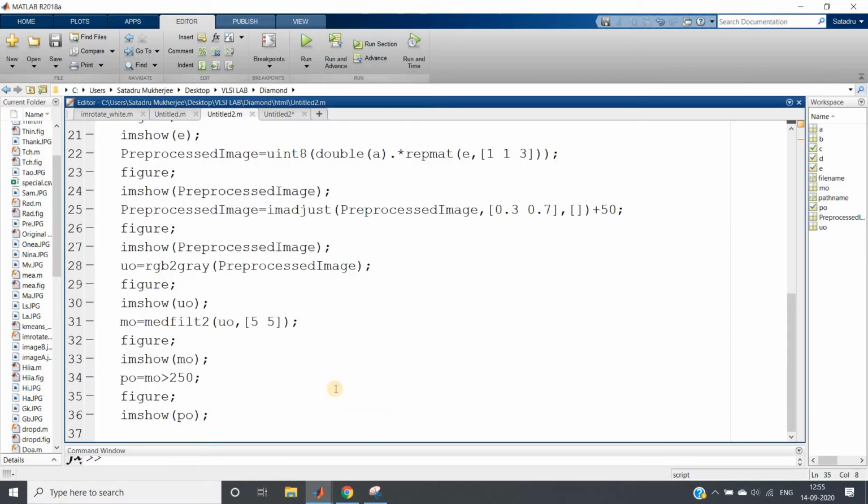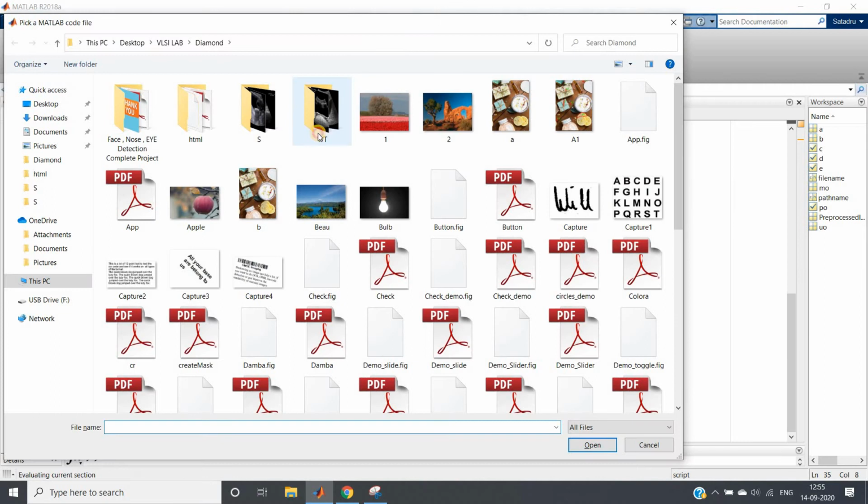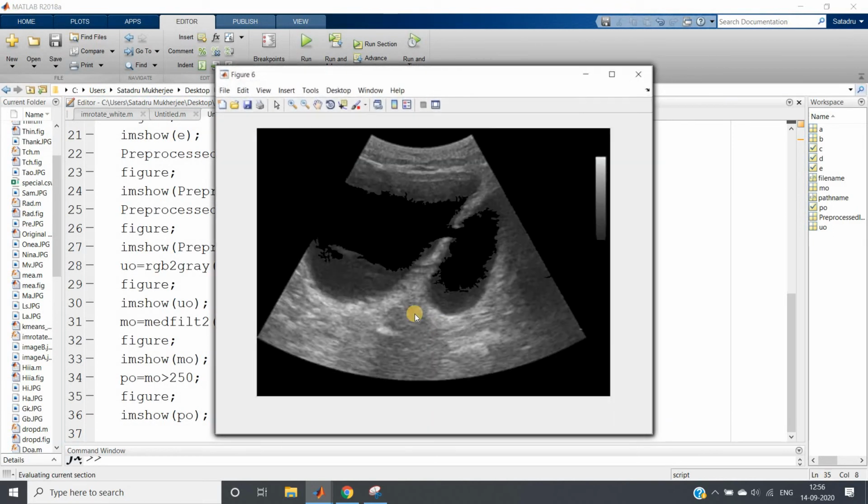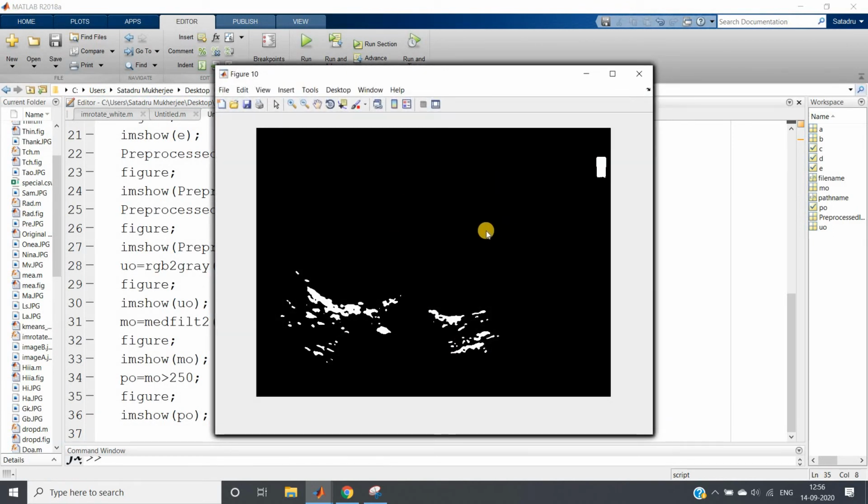Here there is one more reason we have to apply roipoly. If you take one image where a kidney stone is actually not present, that is this one, after multiple image pre-processing we will be getting this one. Here you can see that inside the kidney not a single binary object is present; these are actually outside the kidney. And this one also has one small binary object. So if you apply bwlabel directly on whatever we got till now, you might guess wrongly.